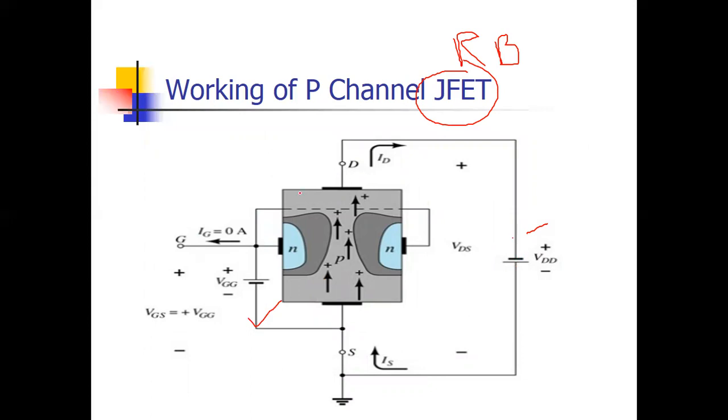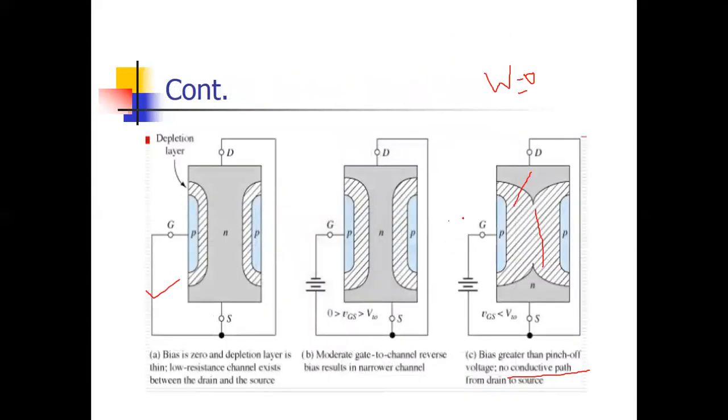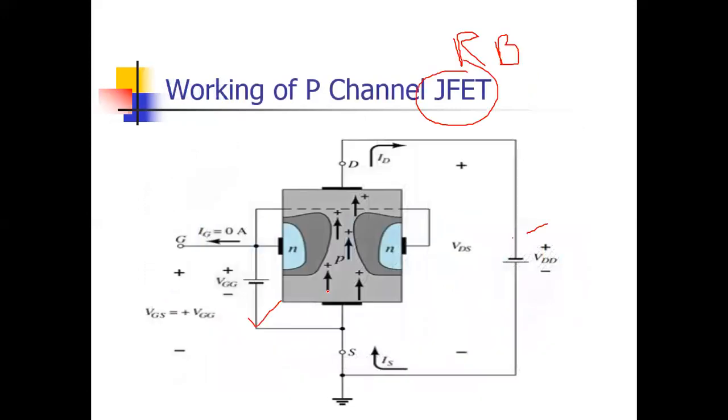Suppose we give forward bias here. If I am giving plus here, then what will happen? Due to this plus, all the electrons in the N region will be attracted to this positive side. Electrons will not go to the drain, they will flow towards the gate. If there is a positive supply at the gate, gate current starts to flow, and that will be constant. So it will not work as an amplifier. The JFET will not work as an amplifier. So we will never apply forward bias in the case of a JFET. We apply only reverse bias. Okay.